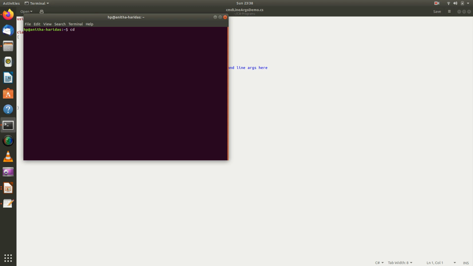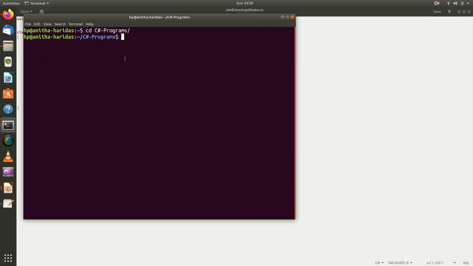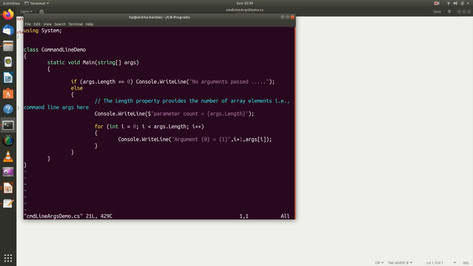I go to my C# programs directory, and let me open the command line arguments. Okay, so this is the program we were discussing.